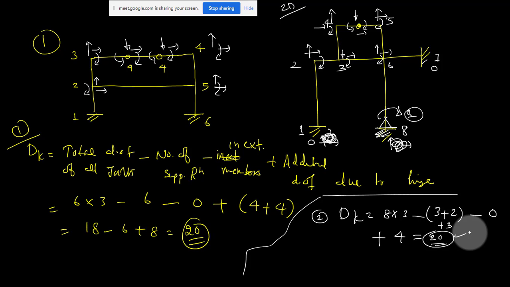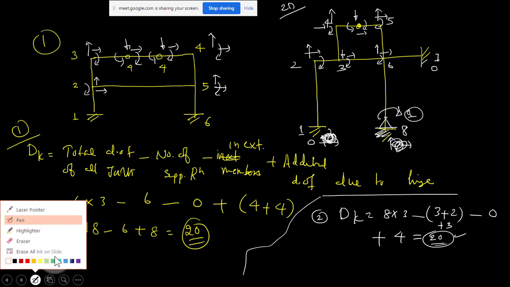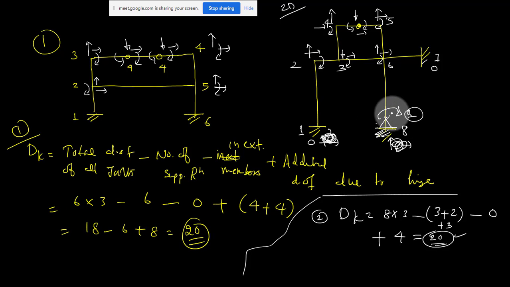Okay, is it clear? You have one moment around the hinge. Should we take the moment around the hinge? No, this is not a moment. I am drawing the degree of freedom. It can rotate at this joint. The rotation is possible. This is a displacement only, a degree of freedom. Okay, got it. Don't confuse it with moment.